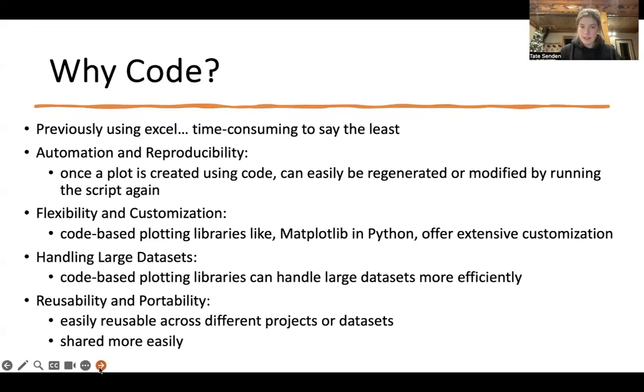You're pretty limited in Excel. The ability for it to handle large data sets is definitely better than Excel. I mean, as you all know, the more points that you have in Excel, the longer the sheet, and the longer you are dragging the